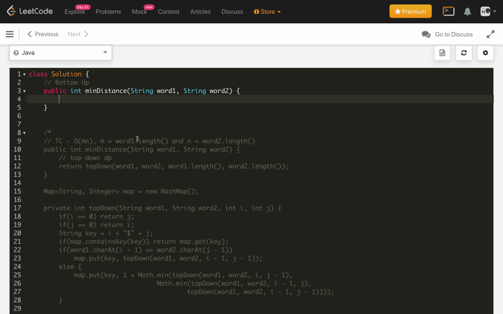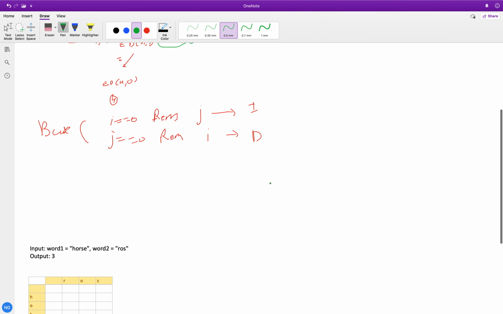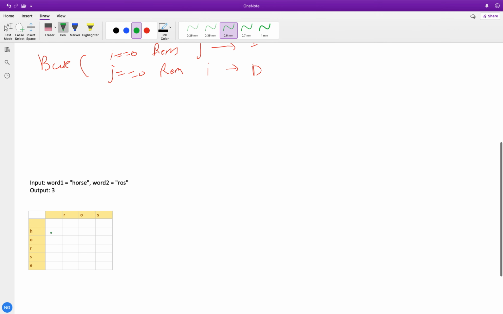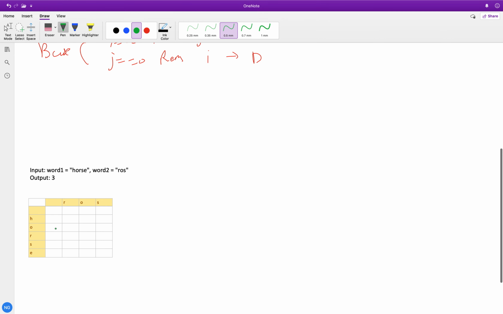For the bottom up approach solution, let's understand the recurrence. I created this table, which we will use for dynamic programming tabulation.